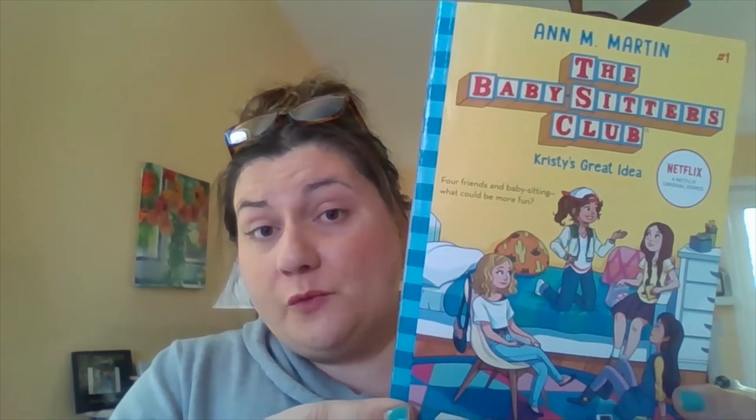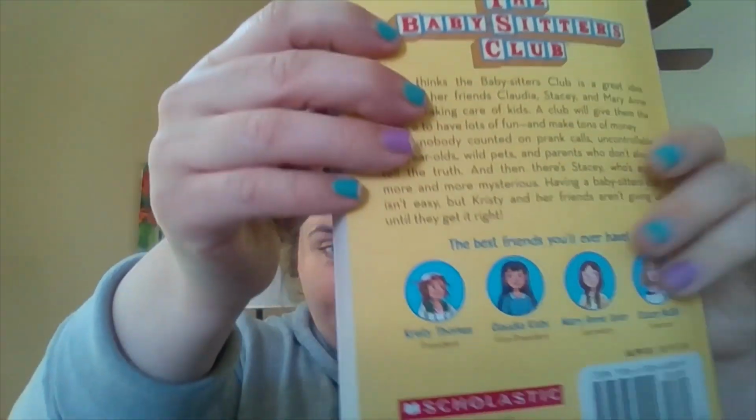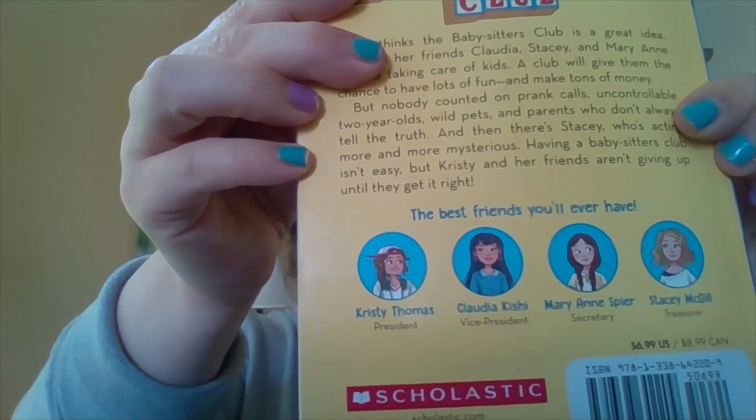But this is the very first one. It is called The Babysitters Club, Book 1, Christie's Great Idea. And I think this cover is absolutely amazing. And even on the back, you'll see the first 4 Babysitter Club girls that will appear in this book. And I'm just super excited. You know, when I was a kid, I read so many Babysitters Club books. My favorite series, though, was actually the companion series to this, which is called Babysitter's Little Sister. And it involves a girl named Karen and her younger brother, Andrew. You'll find out through reading the stories that Karen and Andrew actually are the step siblings of Christy, the protagonist